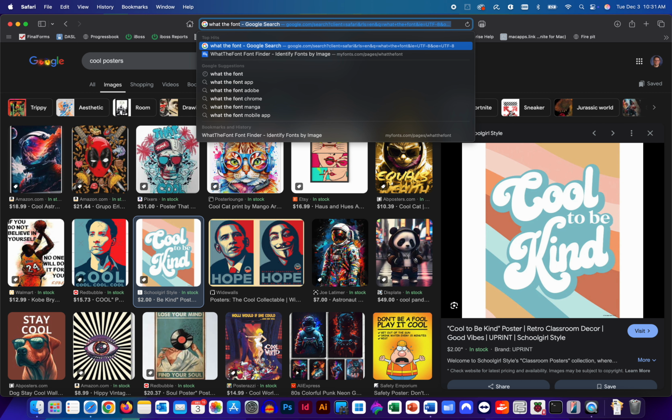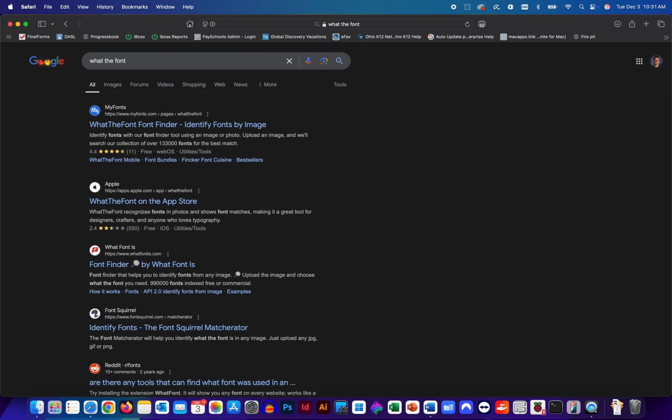If you didn't pick up on that already, I'm going to go ahead and hit return. My first option here is from myfonts.com, which is a font finder, What the Font. I click that,